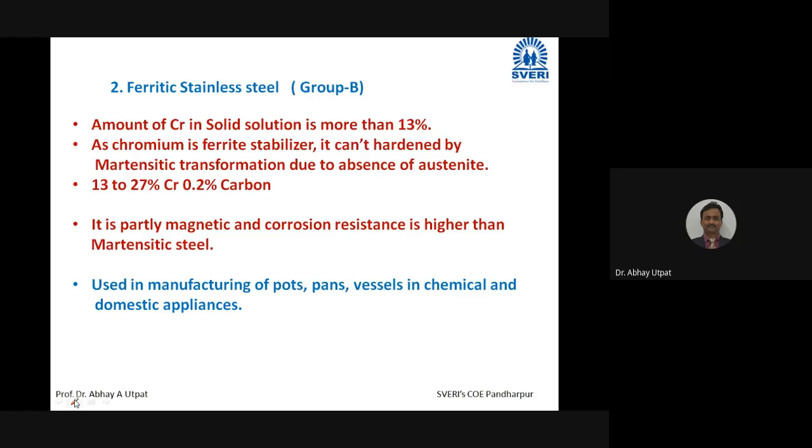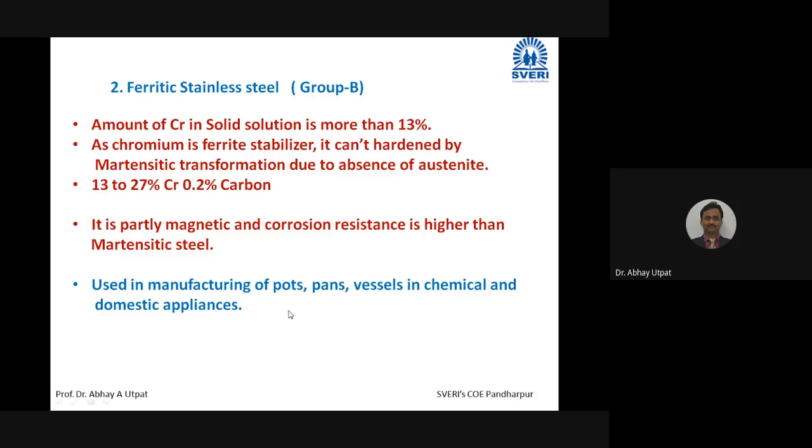So I was saying A3 temperature is raised. If A3 temperature is raised, in that case alpha remains for a long level up to higher temperature, and without formation of austenite, there is melting. So if austenite is not formed, you can't produce the martensite. That's why the ferritic stainless steels are having ferrite even at higher temperature and lower temperature. That's why these stainless steels are called ferritic stainless steels.